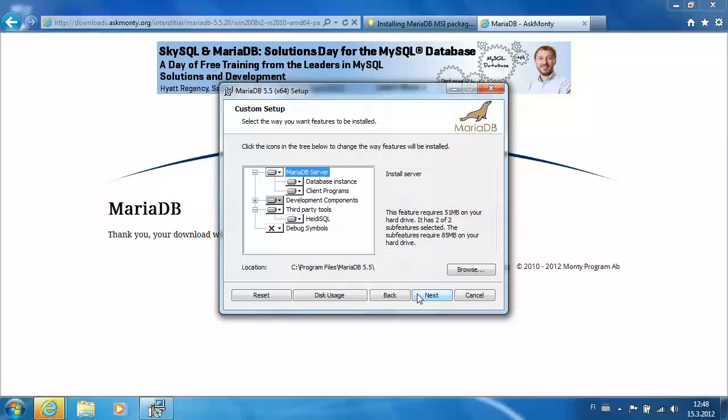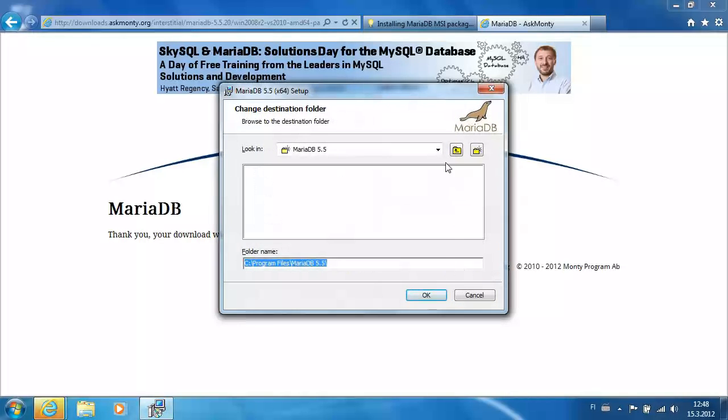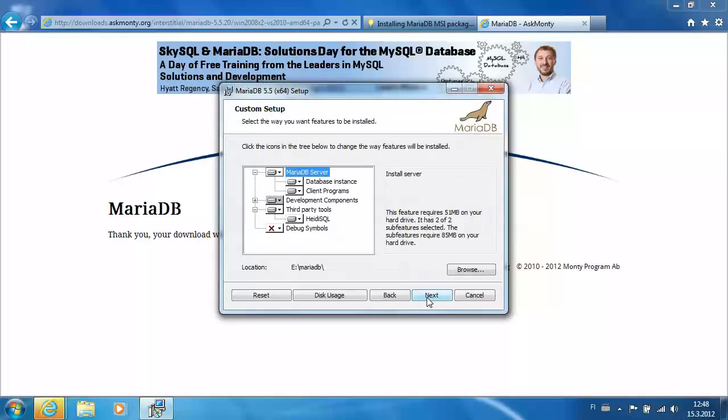Now, custom setup. There is one thing I want to change. I want to change where it's going to install MariaDB. I'm going to install it to my E drive, which is where I keep my data. And let's create a new folder. Call it MariaDB. There we go. And okay. All right. And next,